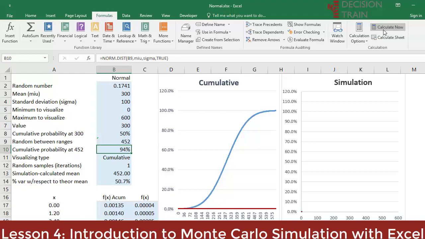Each recalculation, or F9, corresponds in simulation jargon to one iteration. In essence, a simulation is a collection of many iterations. That is, we generate a random number, then we assign a probability according to a certain distribution, in this case a normal distribution, and we repeat the process many times. That is what has been done from line 15 and on.